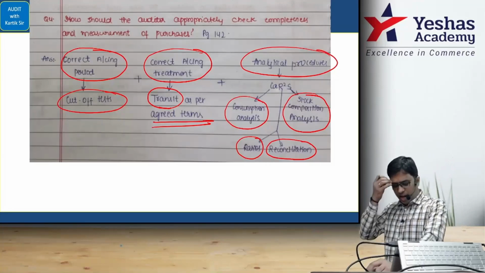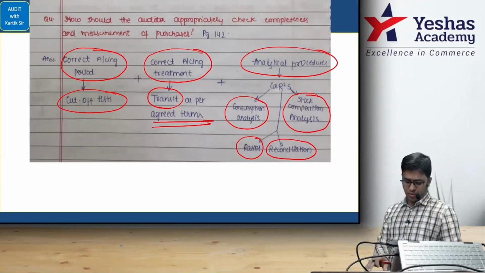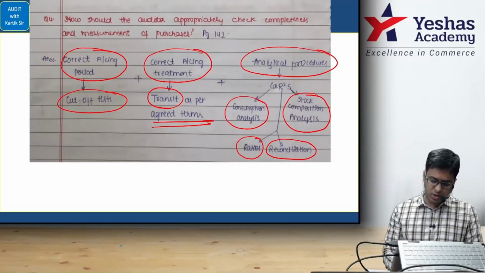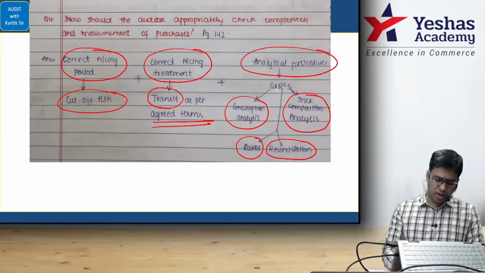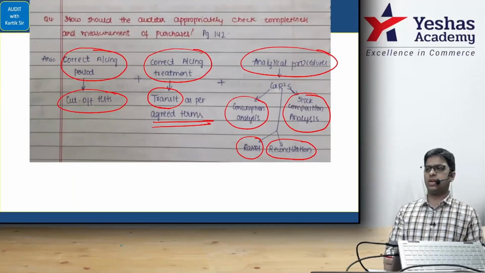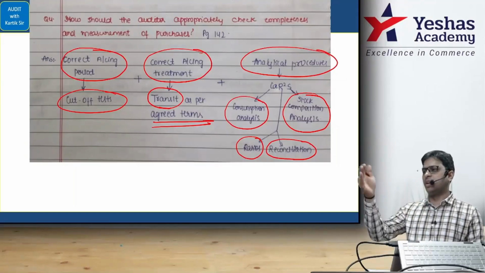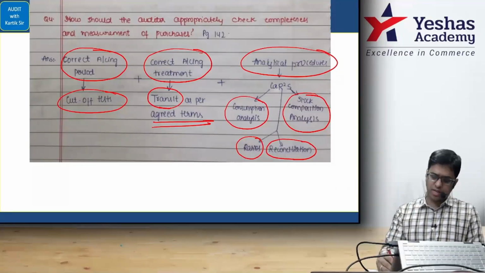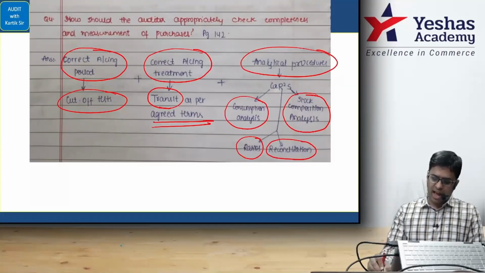Perform analytical procedures to obtain audit evidence as to overall reasonableness of purchase quantity and price, which may include the following. Let's go for it one by one. For the consumption analysis, you can put an arrow and write there RM consumption, means raw material consumption. How much raw material are you consuming? That's the example which I gave you: 10 kg to produce 1 kg, 8 kg to produce 1 kg. That analysis. Auditor should scrutinize, scrutinize means write that check. You should check raw material consumed as per manufacturing account and compare the same with the previous years with closing stock and ask for the reasons from the management if any significant variations are found.